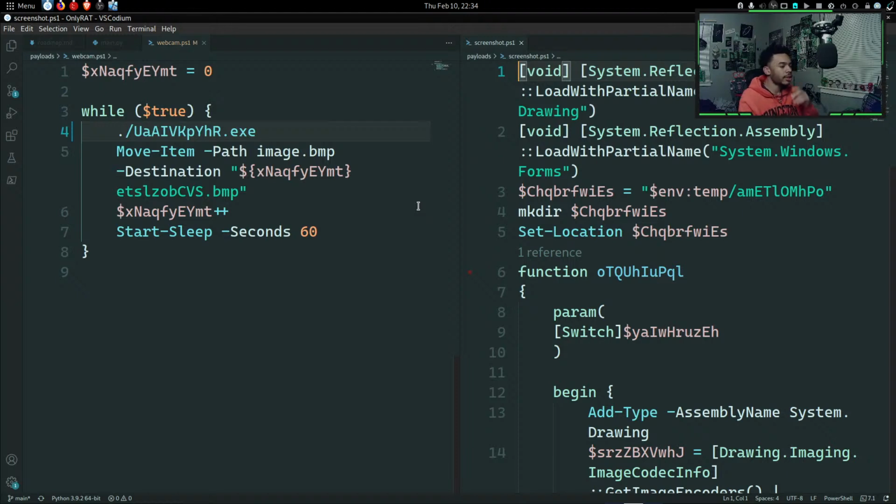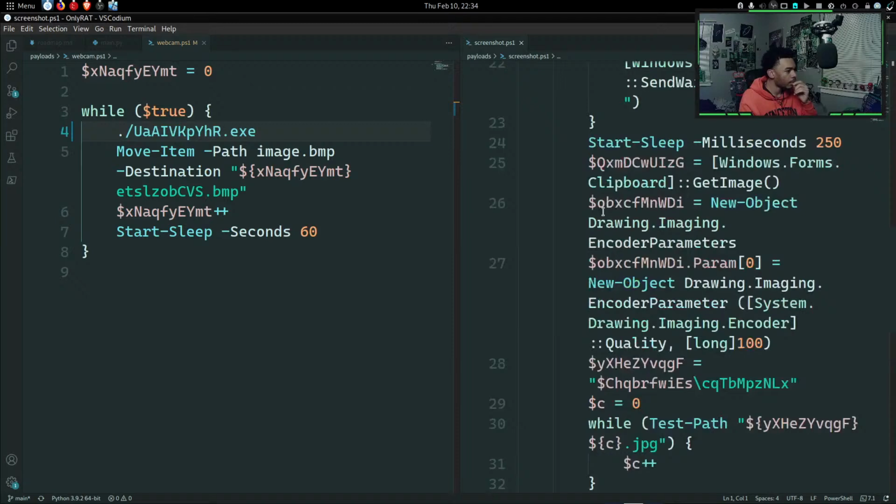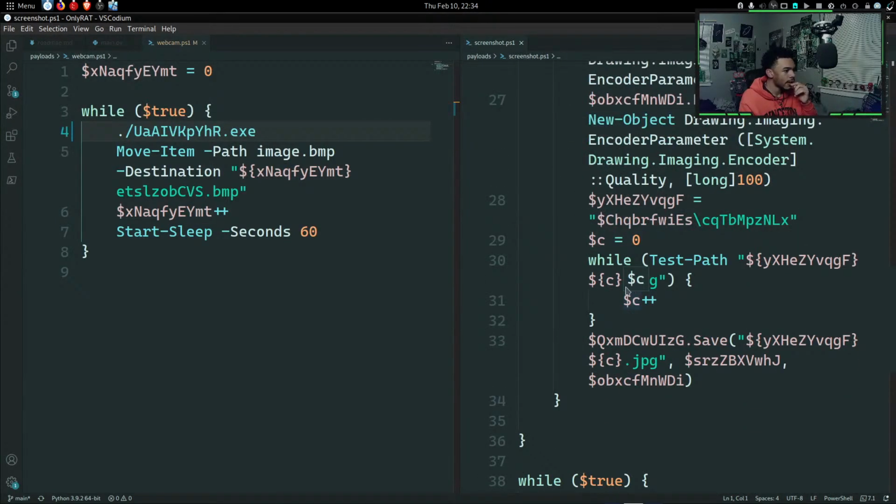Alright, so what we need to do now is fix part 2. So part 1 works. We have the ability to take pictures on their system. What we need to do now is make sure we can actually get those. So run this, but we need to copy our ability. Alright, so we'll copy this, and we'll put this